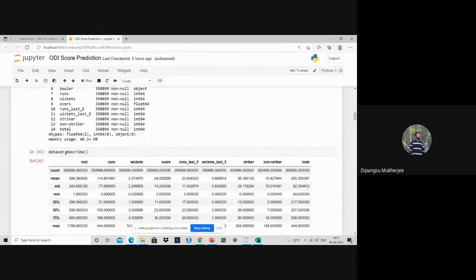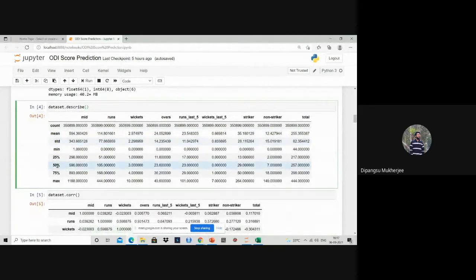Now the describe function will give us the descriptive statistics, and you can see the count, mean, standard deviation, minimum, 25% quartile, 50%, 75% quartile, and the maximum value. All the numeric columns will be there, like match ID, but there is no need to use our match ID here.